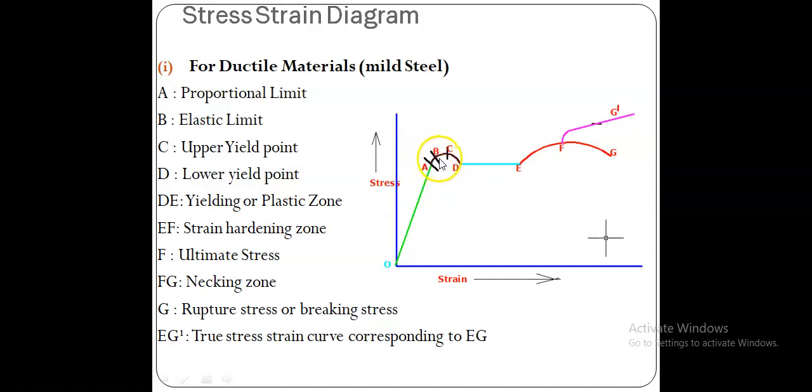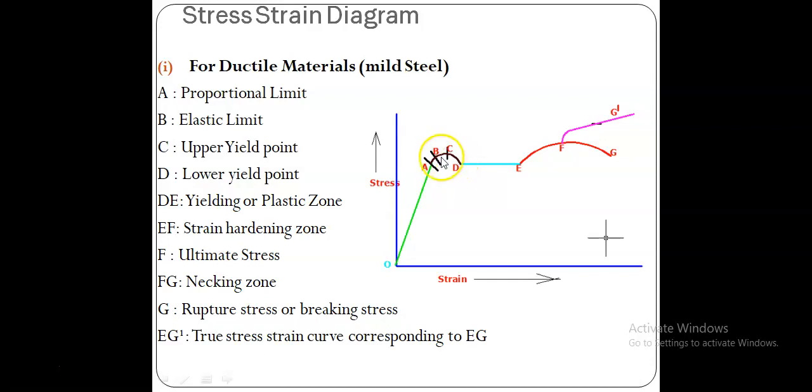Then I want to know the stress at exactly the elastic limit, so that is nothing but the stress at point B, the elastic limit stress. Okay, then if I increase further, I get some other yield load at C, that is called the upper yield load, and its corresponding stress is the upper yield stress. Then the stress gets reduced up to D, so that is nothing but the lower yield point.